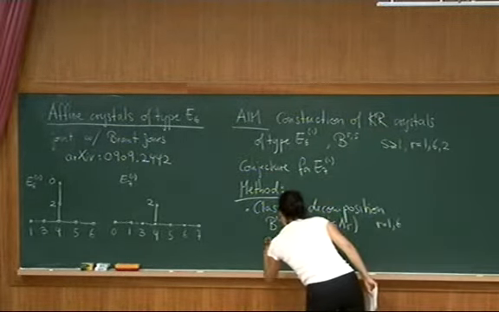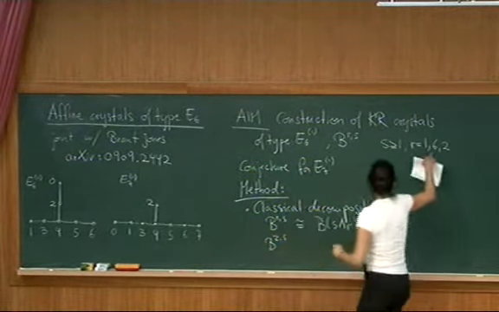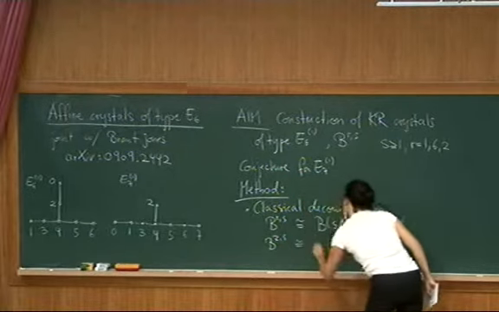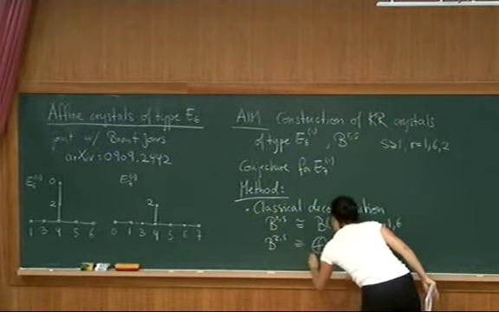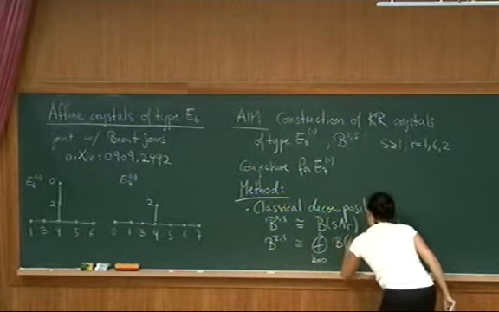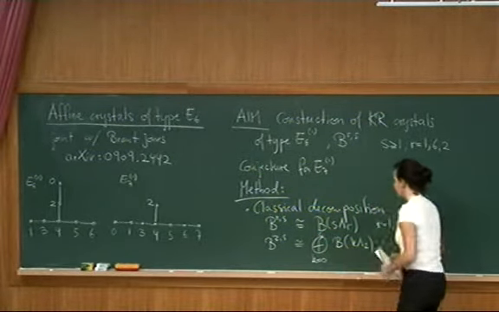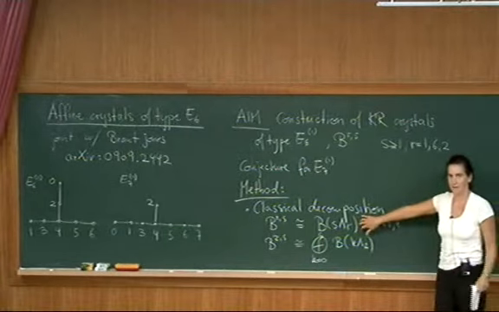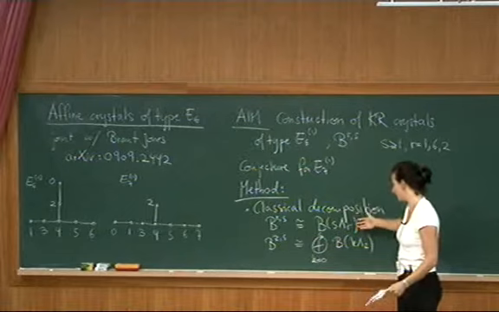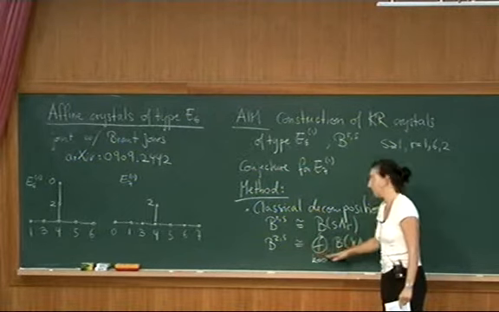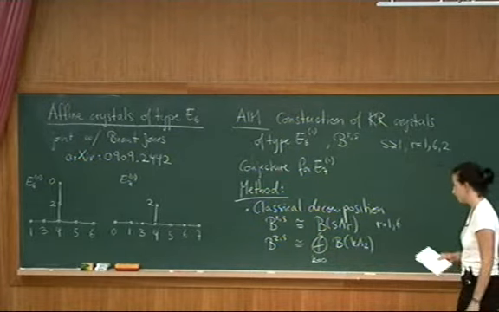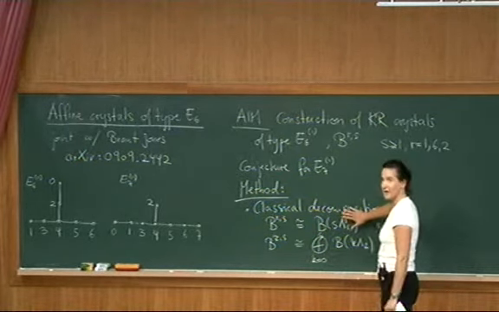And so I said I'm also going to do the adjoint node. So B^{2,s} in fact is isomorphic to a direct sum over k from 0 to s of B(kλ_2). So these crystals, as classical crystals, are connected, and here you actually have a direct decomposition of crystals. Okay, so that's what we start with.